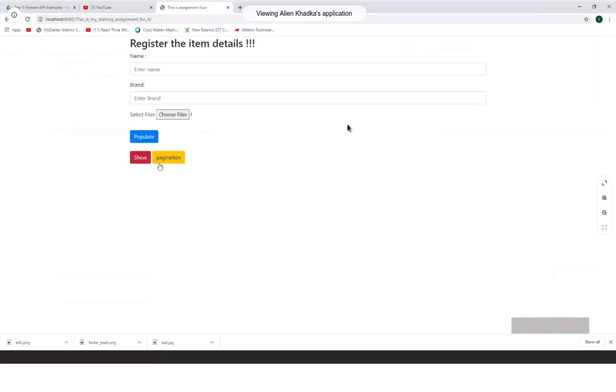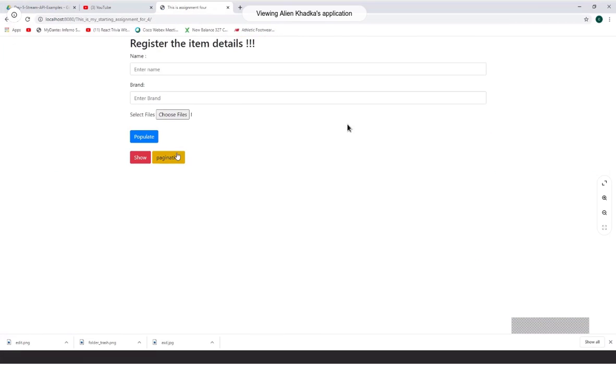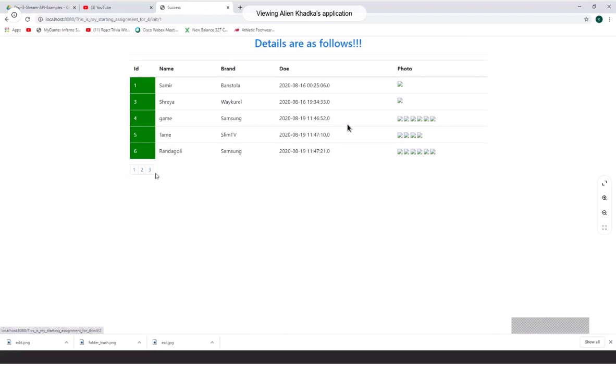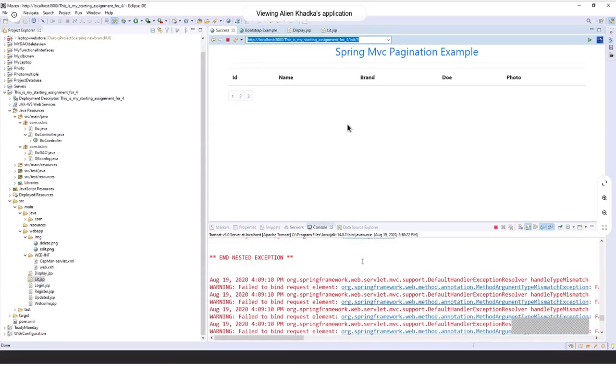On this one, this is the data that I have. I've put the pages over here manually, but it has not taken the photo, and it's saying that